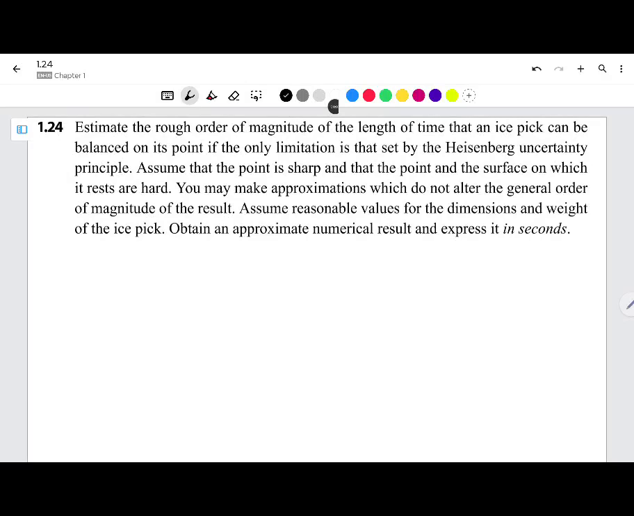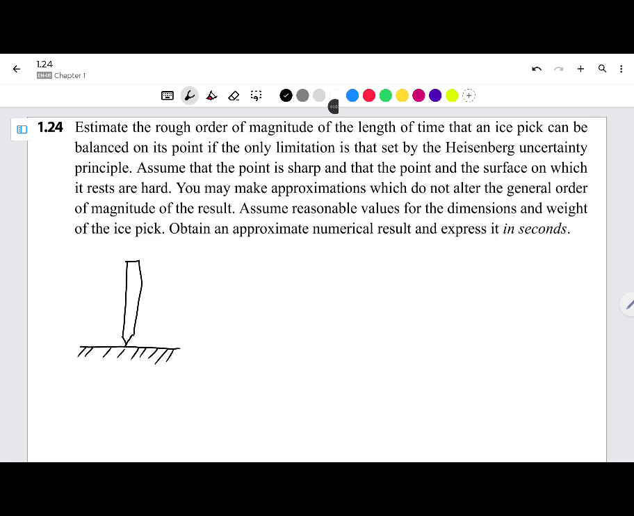So there is an ice pick which is balanced on its point. Say, making an exaggerated drawing here. It is resting on a rough, strong surface, and